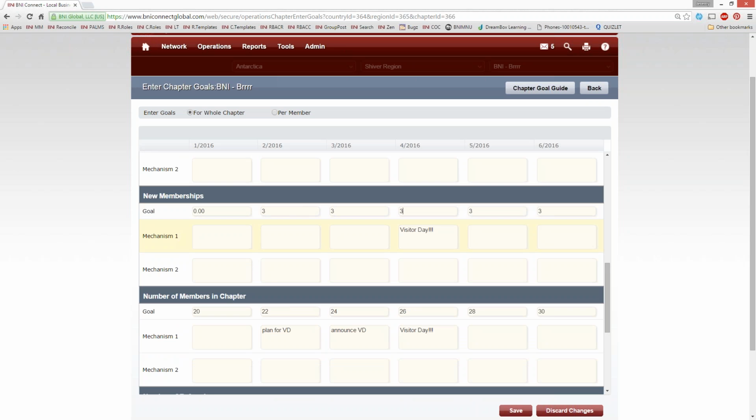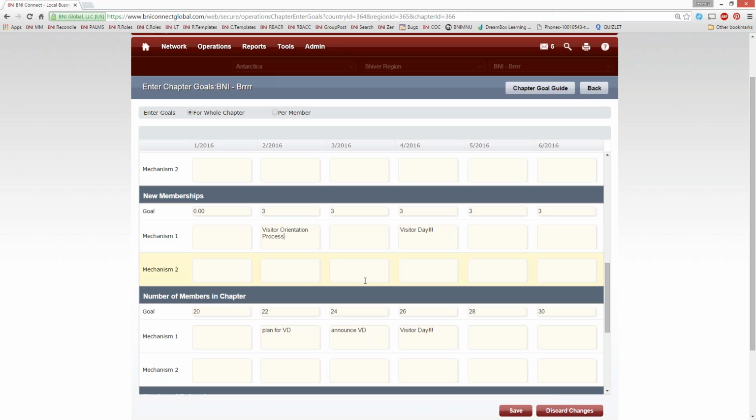We have that supporting visitors day. Maybe we want to do something like, one thing that we were never good at was making sure that we actually invite our visitors to put an application into the chapter. Why do most visitors not join? Because they walk out of the meeting without an application, without being asked to be part of your wonderful group. So what we want to do is make sure that we are doing the visitor orientation process.